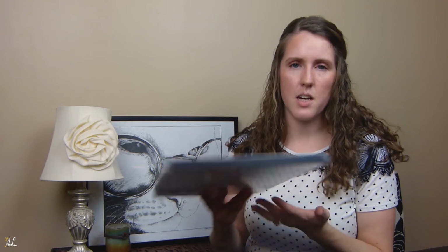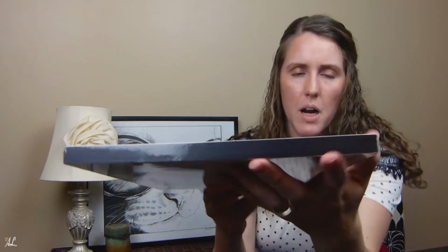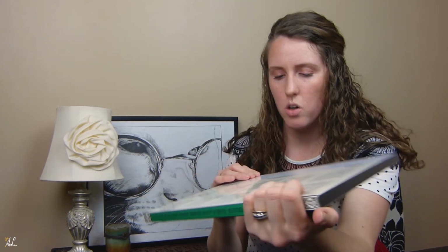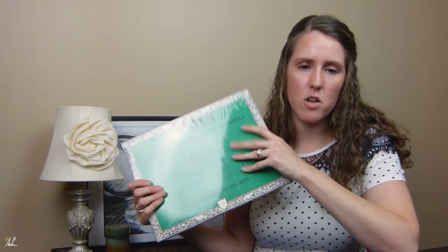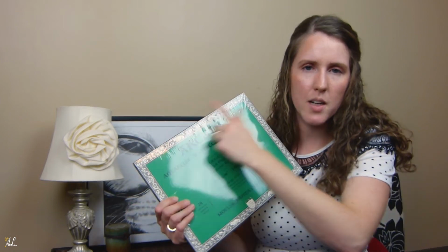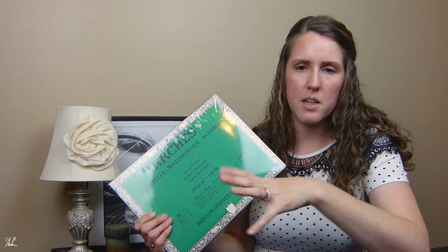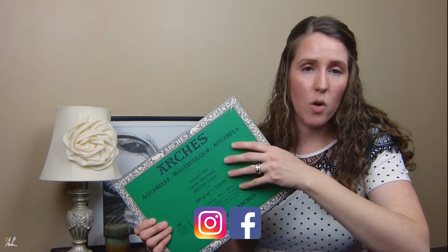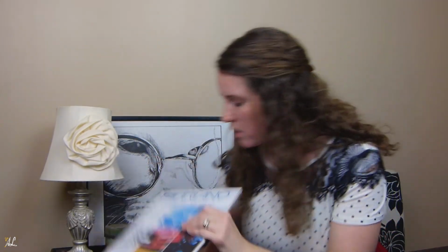The convenience of taking a block instead of individual paper is it's all bound and glued together. You're not going to have separate sheets and they're going to get damaged. While you're painting, your block will stay together, so you don't have to worry about taping too much unless you want a border, but you're not having to worry about taping it down and it buckling, and you don't have to bring a board, so it's one less thing I will have to bring. Lastly, looks like, is